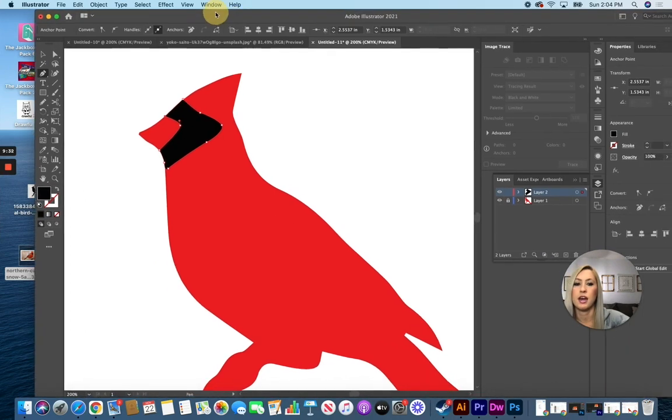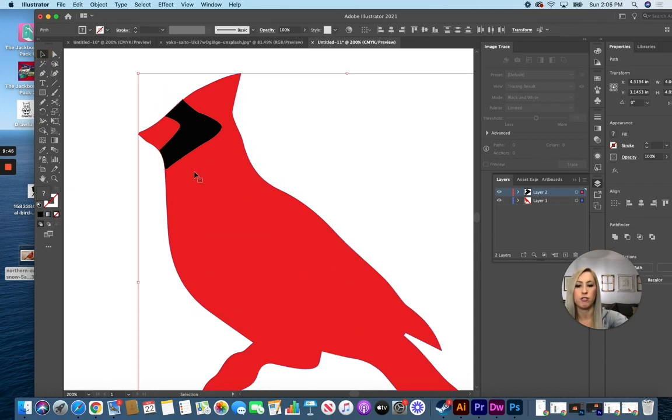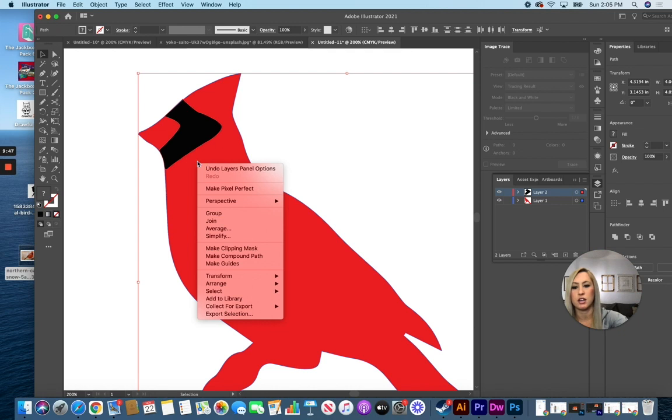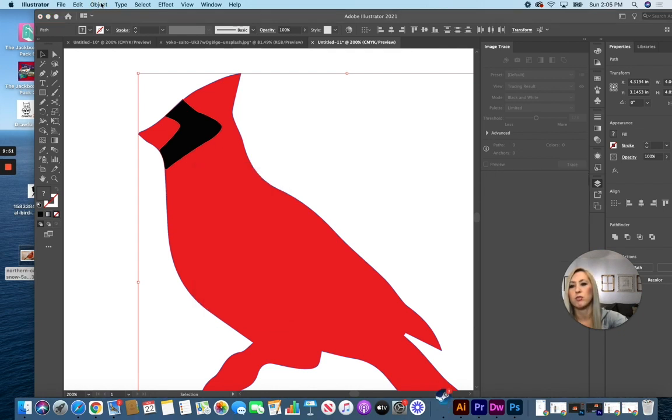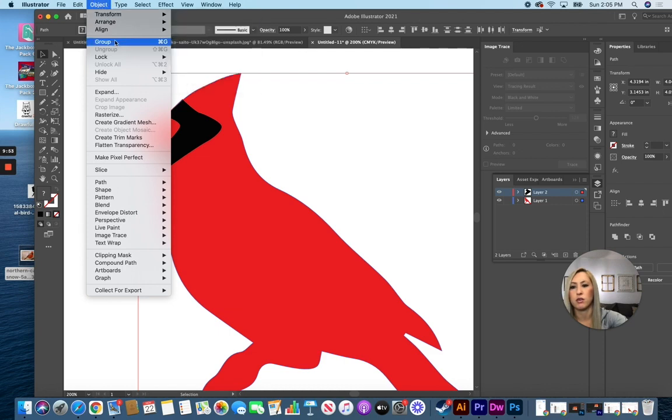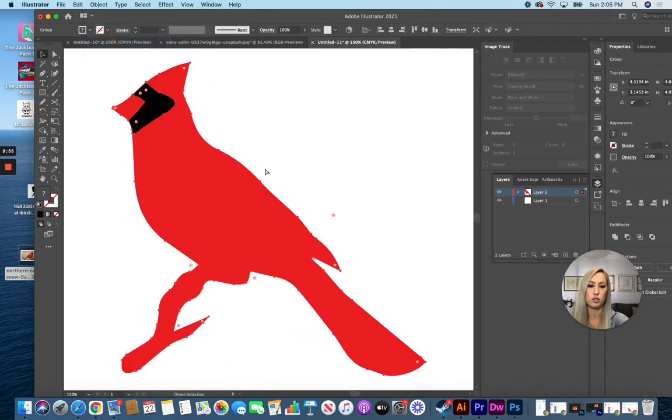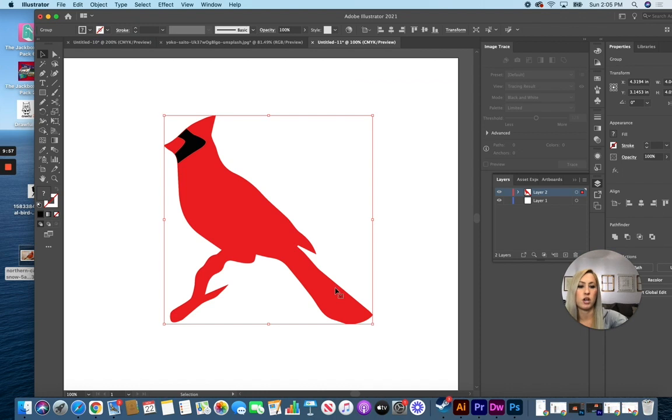Okay, and once I had everything that I wanted drawn on top of this image, stacking them in layers, I want to make sure I unlock all of the layers again, use my regular selection tool or gray arrow key, grab everything, and just like Gravit Designer, you can right click and go to Group, or you can also go to Object up at the top and down to Group to be able to merge those all as one piece. Notice Illustrator, just like Gravit Designer, puts it all on one layer, so it simplifies that a lot for you. You can delete any of the